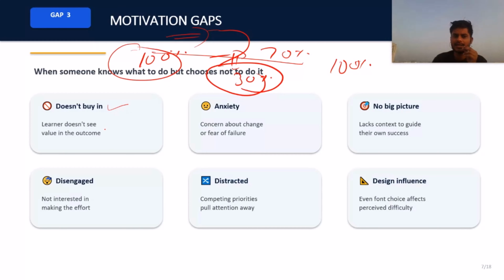No buy-in. The learner doesn't see value in the outcome. Like, why would I make a 100% target if I'm getting the same salary? I will not perform. So